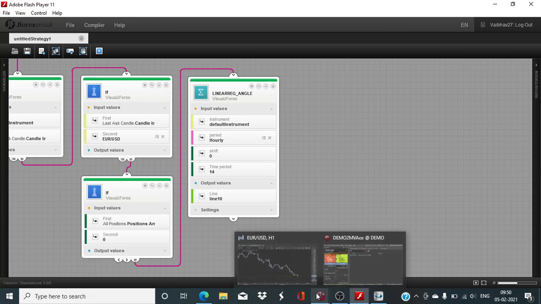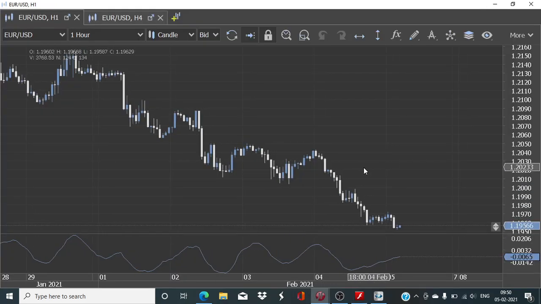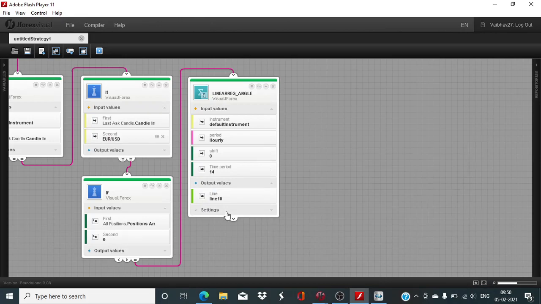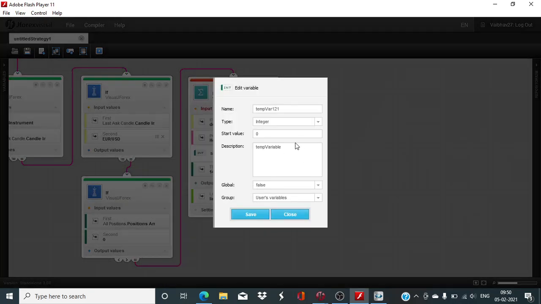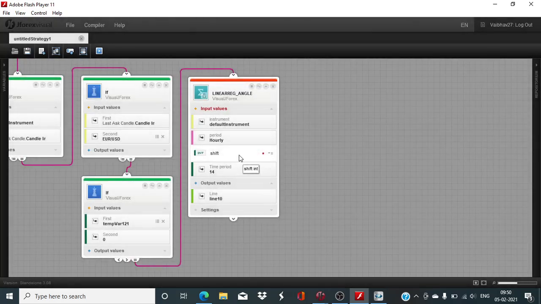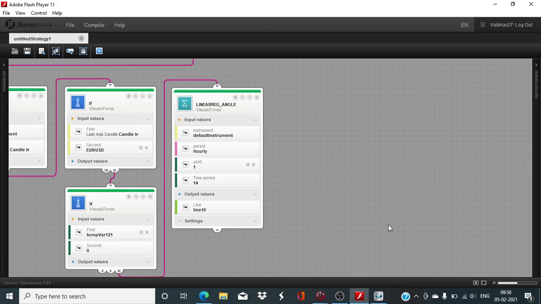As most of the time we work with the chart patterns after it gets well established, because of that, instead of taking the shift 0, I mostly prefer to keep it at 1 so that the last hourly candle has closed, and whatever formation is there till that candle will be taken into consideration. So that's why again here I will change the shift to 1. Okay, I think it hasn't worked. All right, now on the chart,